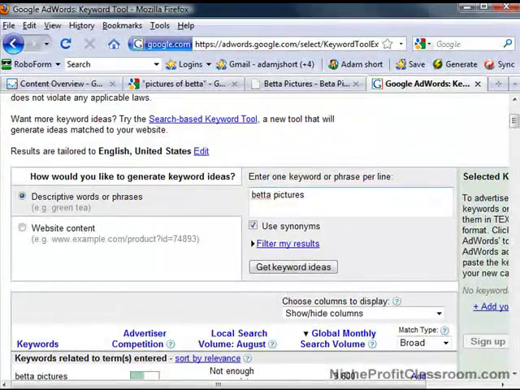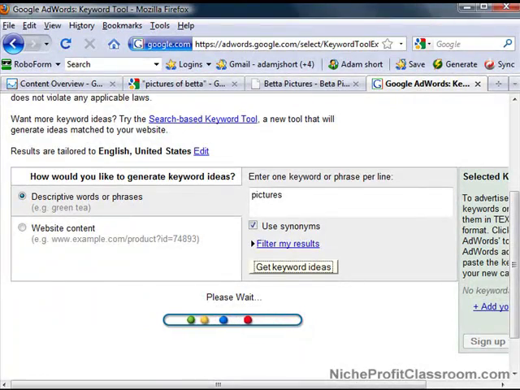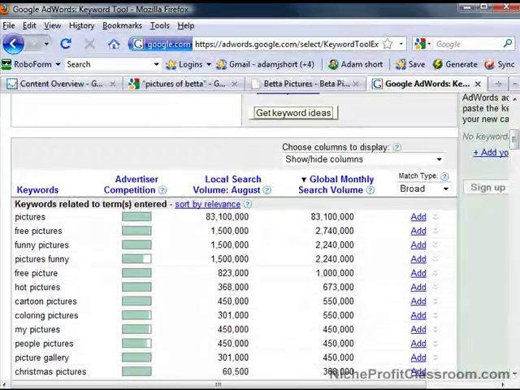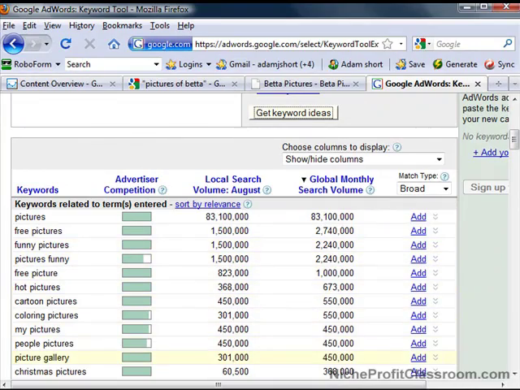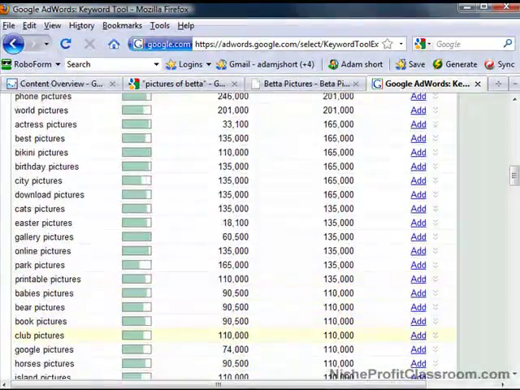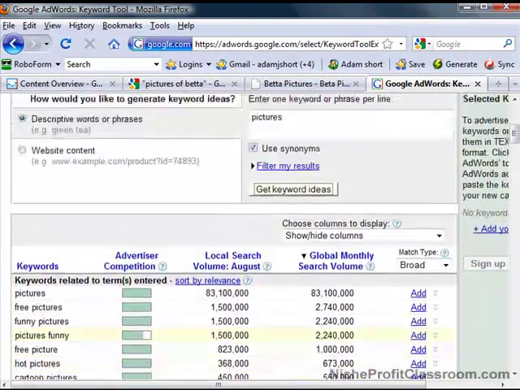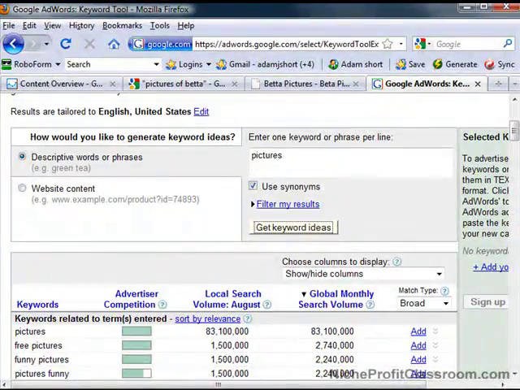For instance, let's just type pictures into the Google search engine and you can see how many people are actually searching for pictures. It's absolutely nuts. 83,100,000 for pictures, 2 million for free pictures, funny pictures. It goes on and on. Millions upon millions, hundreds of millions of people are searching for pictures on the internet. So that right there is reason enough to tap into this massive amount of traffic that is searching for